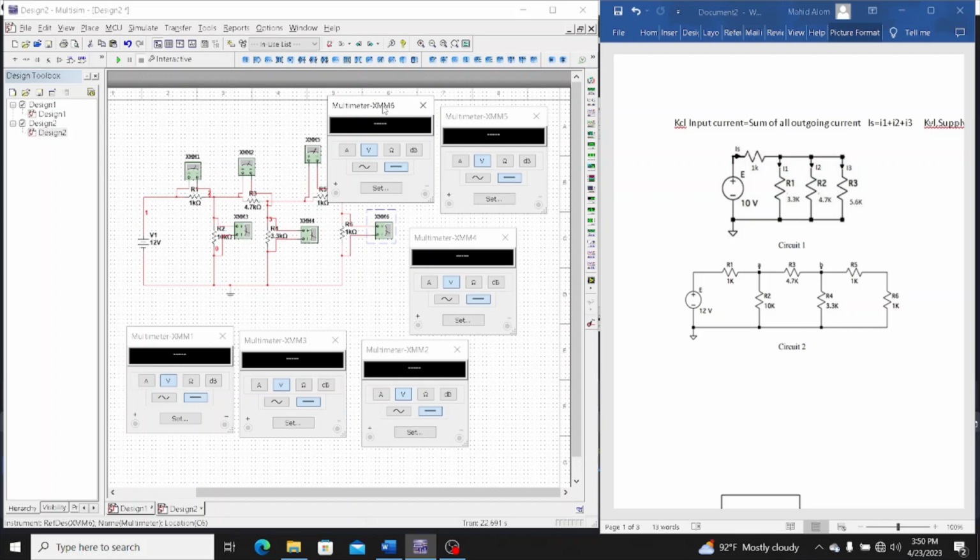And I am done with these things. Now I am going to run this, and the voltage XMM1 is 2.538 volt, 9.46, 7.8, 1.9 millivolt. So if I add all of these things, then